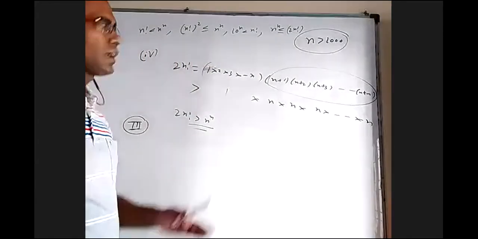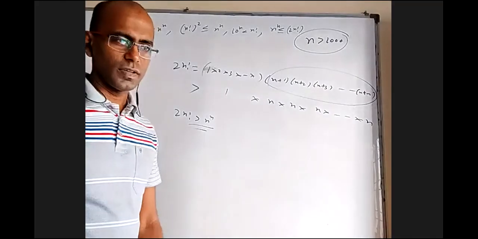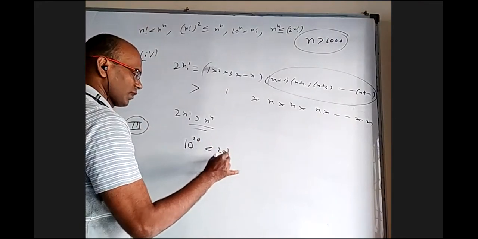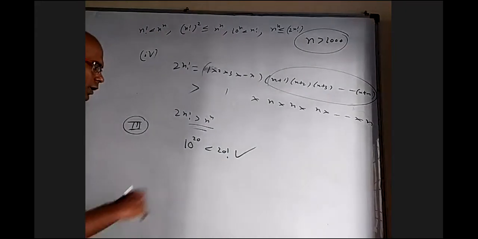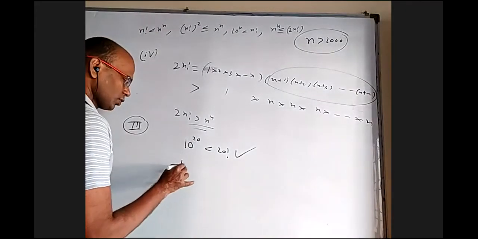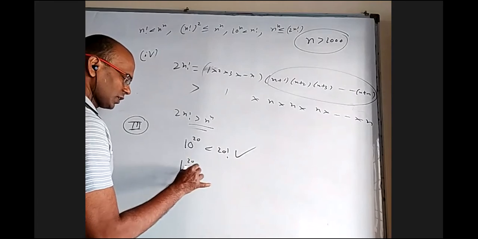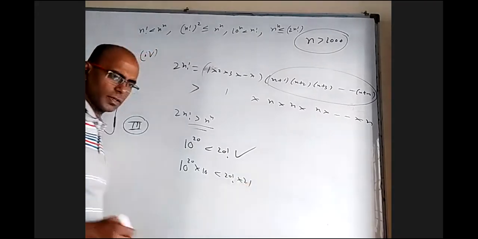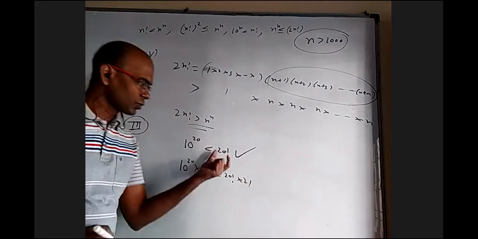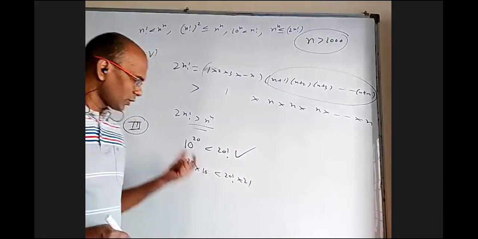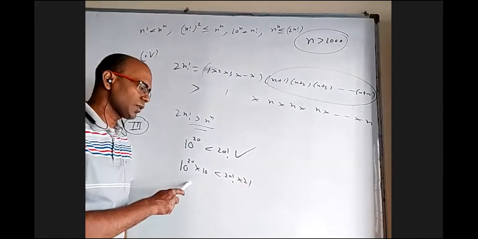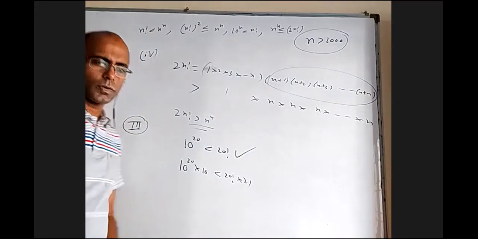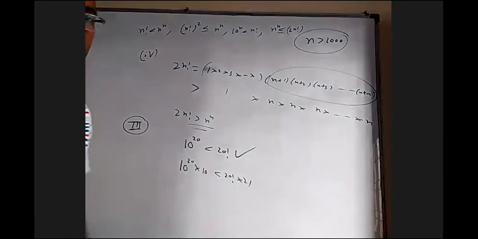Once you get one number where this inequality is true, after that it is very easy to prove. Let us say we got 10 power 20 is less than 20 factorial, we take it for granted. Now, if I take 10 power 21, what to do? I have to multiply 21. Let us say I multiply 10 this side and 21 this side. Is that okay? I took the smaller quantity and multiplied by the smaller number, and the greater quantity by the bigger number. This will be still smaller, this will be still bigger. Am I right? Yes. So once you prove it for one, it holds for the rest.